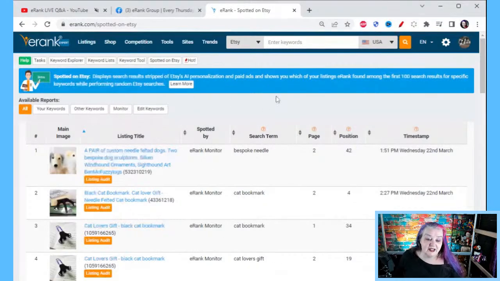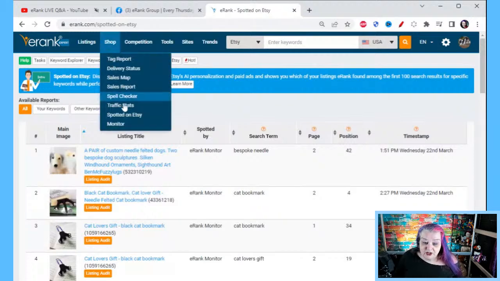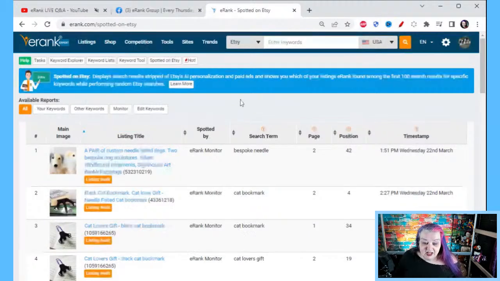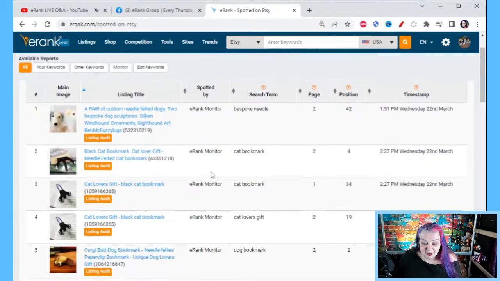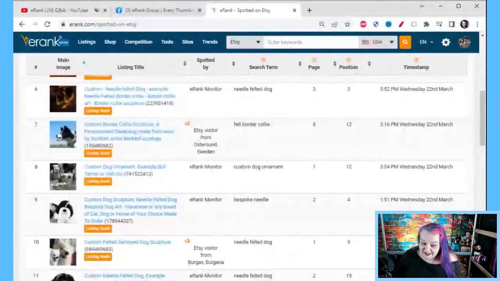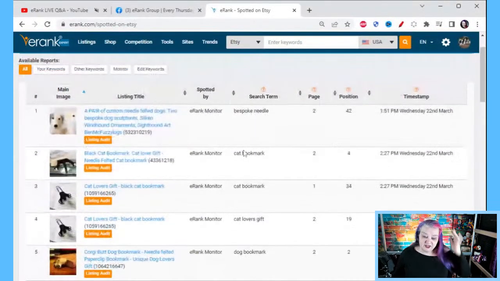So if you don't know how to get to it, you can either get through spotted on Etsy on this little white bar, or it is shop, spotted on Etsy or monitor. So you'll see on this, you can see spotted by eRank monitor or Etsy visitor. These are 2 different things. Now, firstly, the eRank monitor. Now, you have this area